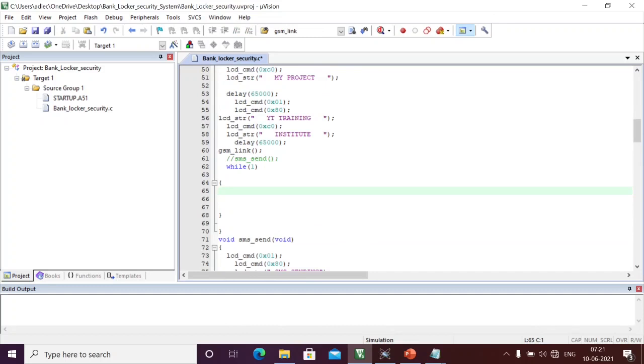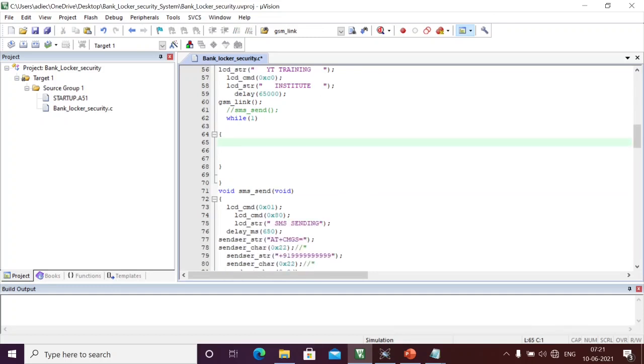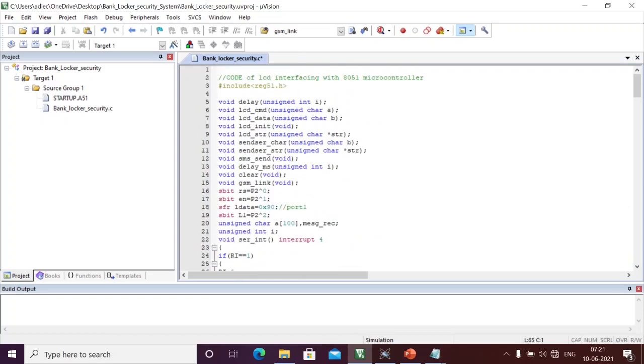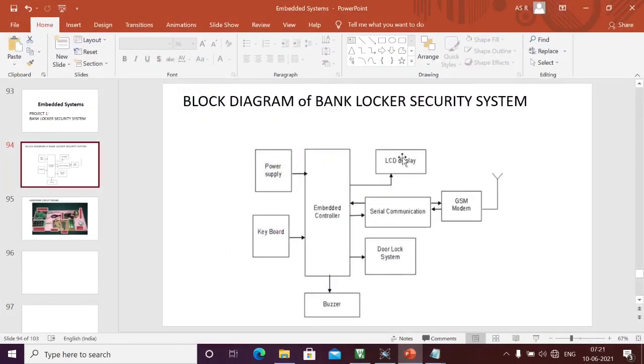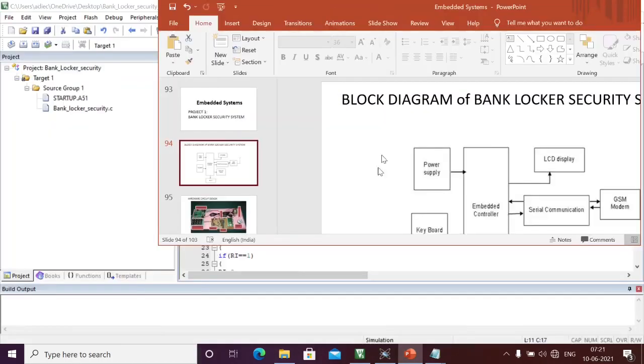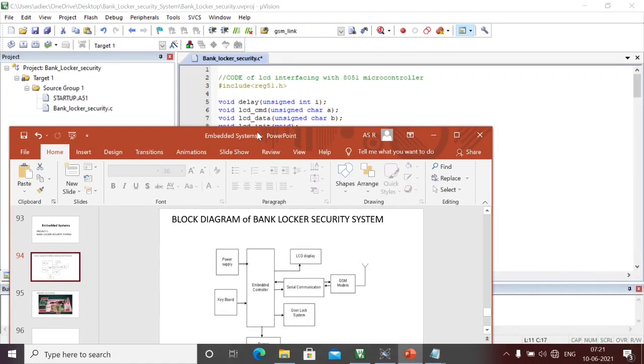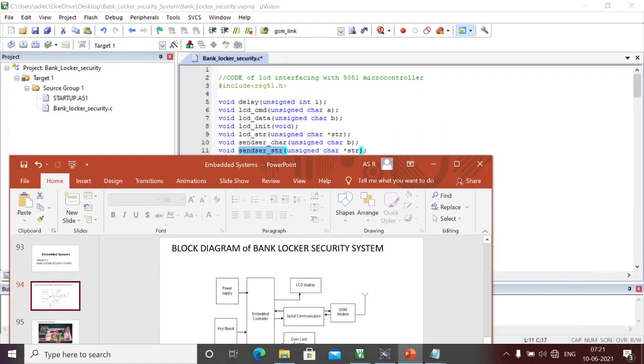Okay, here we are going to write our functionality. We need send SMS, everything is needed, and we need the keypad also. So far we have the LCD program within this. LCD, serial communication, GSM. Okay, if you see the block diagram, we have the LCD program within this .c file right now: LCD command, init, LCD string.